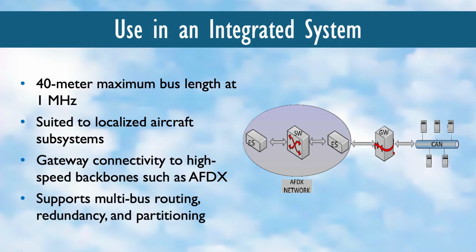At 1 MHz, a CAN-825 bus must not exceed 40 meters, ideal for localized subsystems such as a wingtip assembly, landing gear bay, or galley. A gateway node bridges the local CAN-825 network to a higher speed backbone such as AFDX, ARINC-664, forwarding aggregated data to the cockpit or avionics core. A single device may also connect to multiple CAN-825 buses simultaneously and route data between them, enabling redundant or partitioned